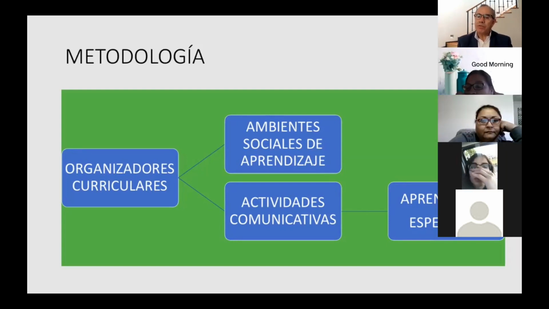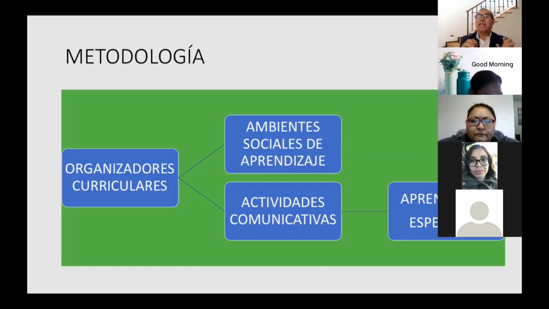Remember that the approach for the program says that you need not only to teach the resources, the linguistic resources that we used to call vocabulary, but what you need to do is to help the students to use them. That's what we call communicative activities. This is in Spanish, because this is the way it comes in the program. So here is the biggest connection that we have with the program. In Little Bridge, we have a section that is called communicative activities.